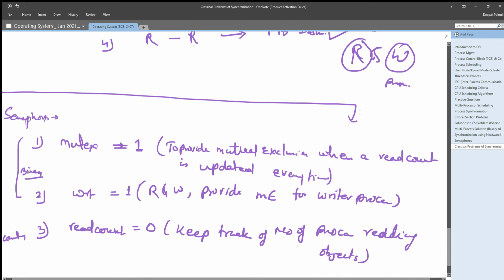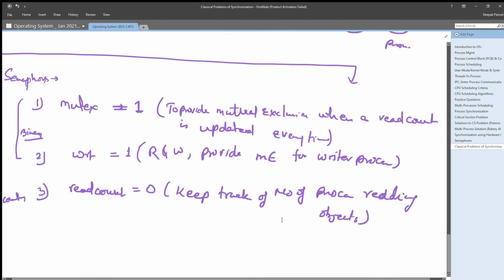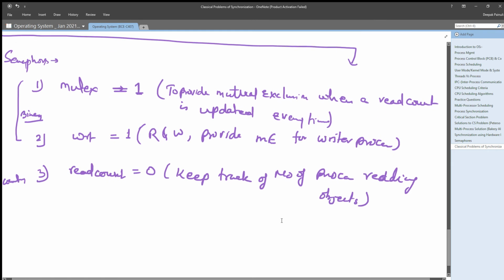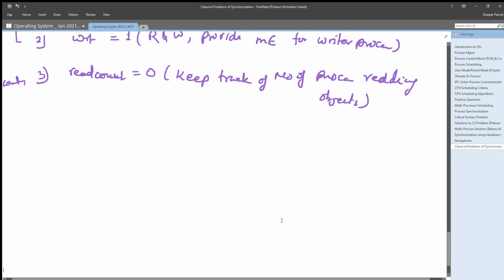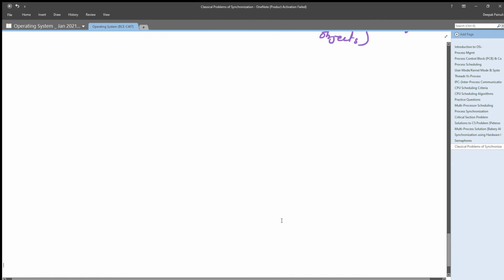By using these three semaphores, we will provide the solution for reader writer processes, right? So let us modify the code of reader and writer processes by using these semaphores, right? So let's understand.